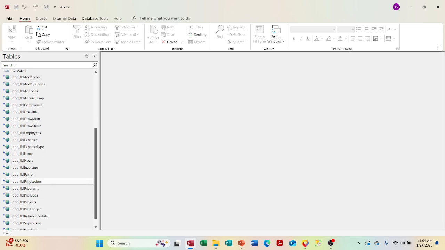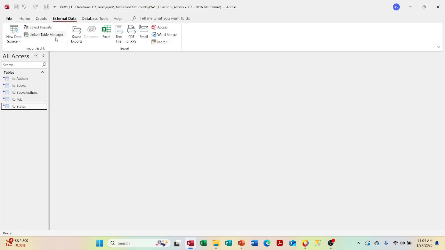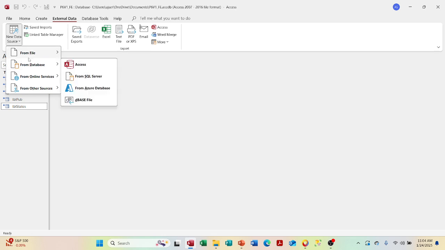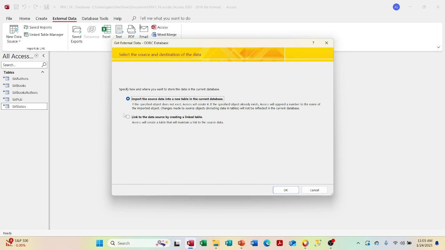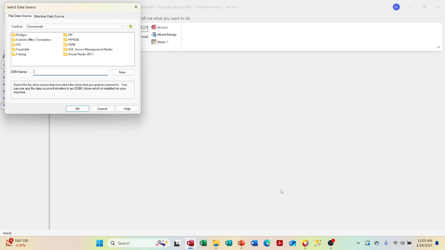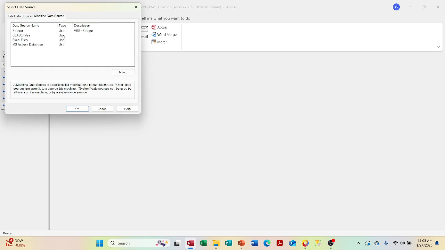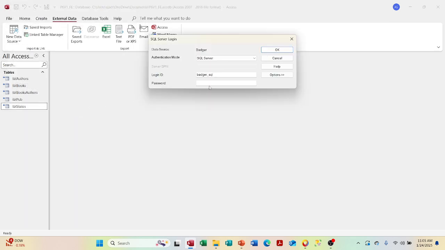And here are my SQL link tables. So if I were coming into the new data source, I could do it from SQL Server, but I do it from the ODBC. And then what I would do is link those tables, again, not import them. And I would select my machine data source, which I have designed. I'm going to get into that at some point in time and show you how you design that machine data source. All right, and hit OK, and it's going to ask me for my password,